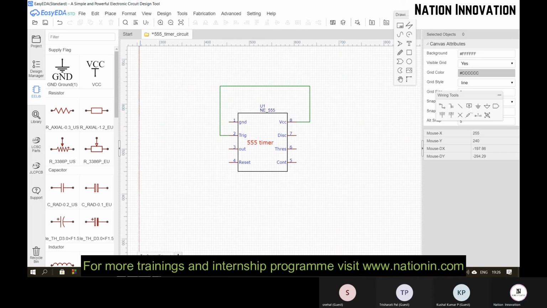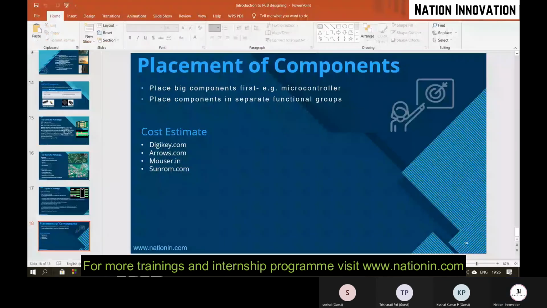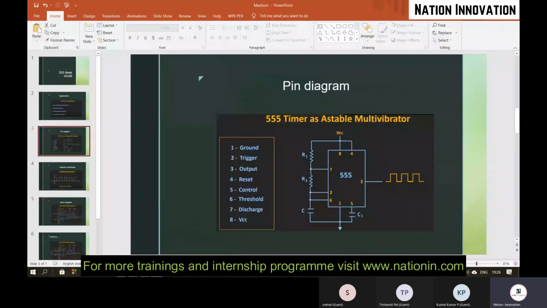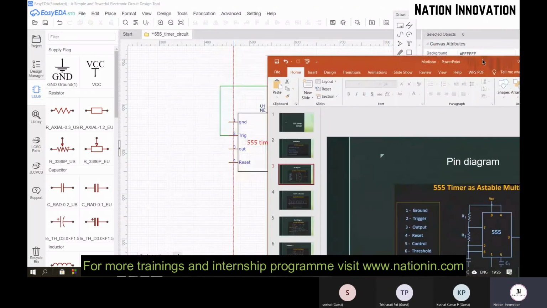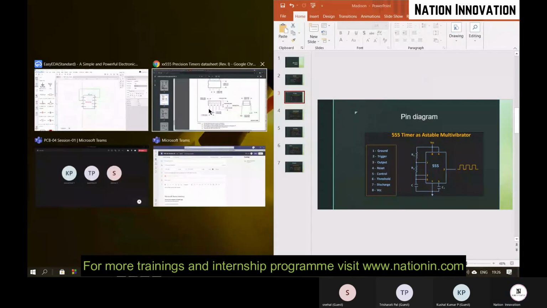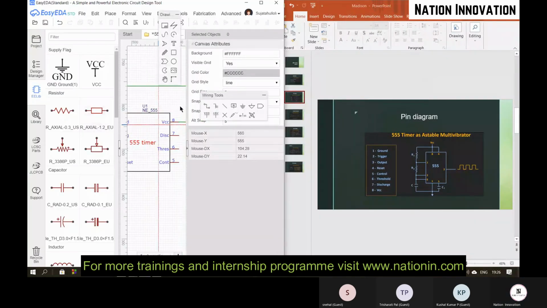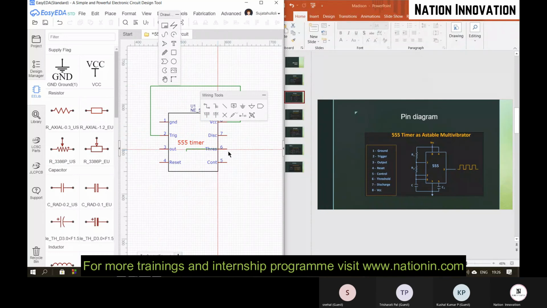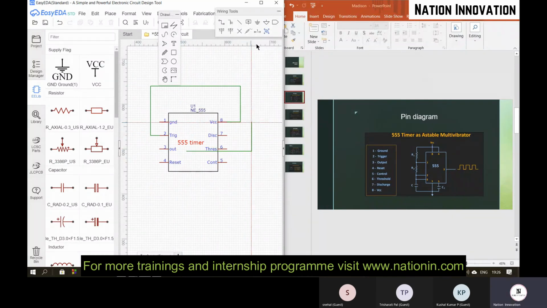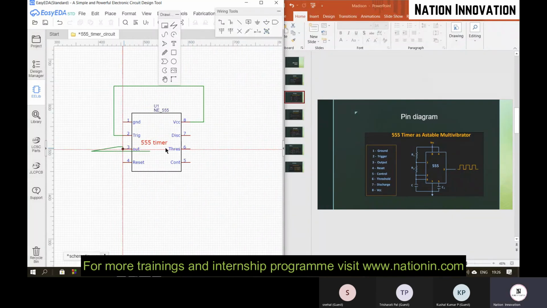Sorry. So again my 2nd and 6th pins are shorted here. I will short this 2nd and 6th pin.